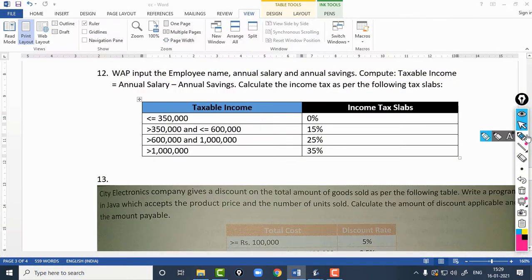So in the question, if you see, the condition is this: it should be greater than 3,50,000 and less than equal to 6 lakhs.